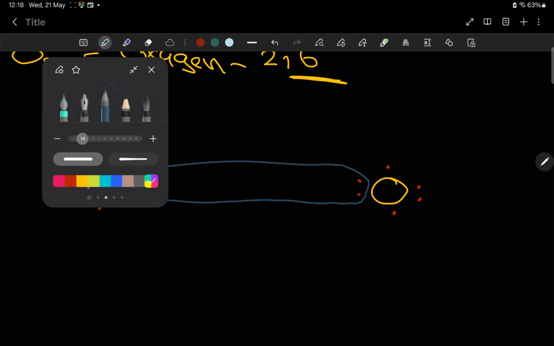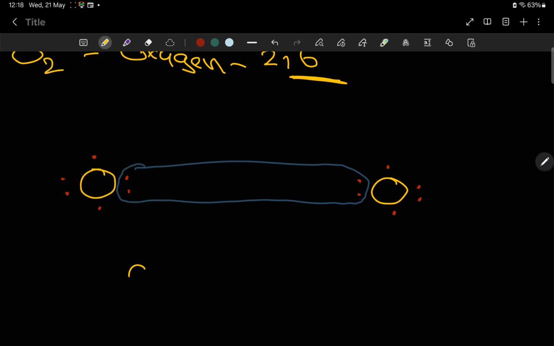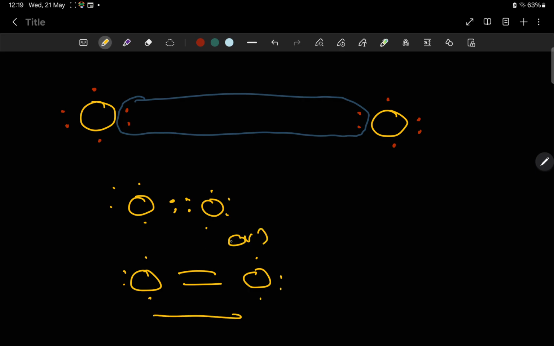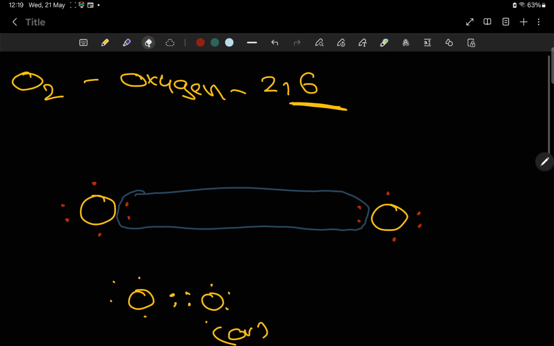So in type of bonds, how can we write? Oxygen, right? It has 2 pairs of electrons, so it is a double bond, oxygen. This can be written as this or this. Let's try another. The next one is